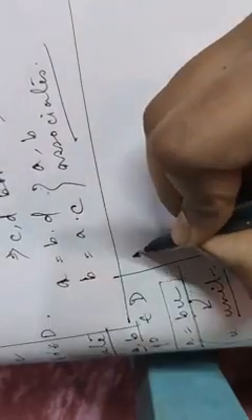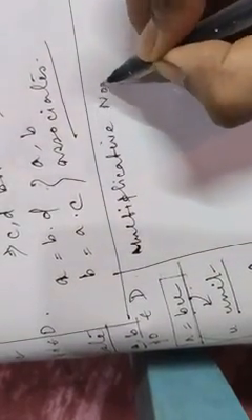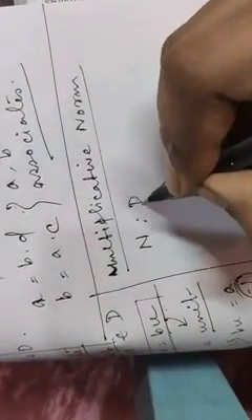Okay. Next, moving to another concept, which is called the multiplicative norm. A multiplicative norm is a function, capital N, defined on an integral domain D to the set of integers, that is Z. N is a function called a multiplicative norm, defined from an integral domain to the set of all integers.